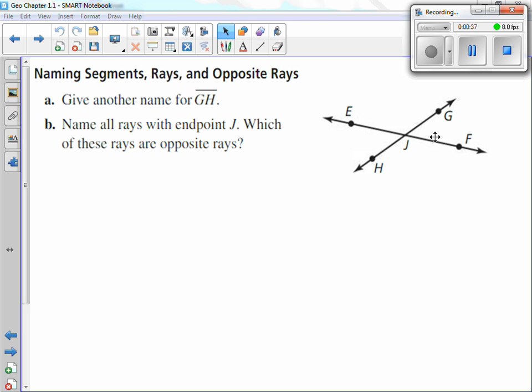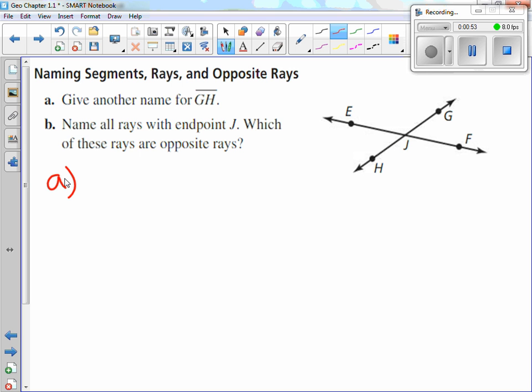Opposite rays are two rays that go what? In opposite directions and make a line. And so that's what we're going to be doing today, naming some of these. Our first one we're going to look at is, we want to give another name for line segment GH. HG. So HG. And then above it we would put,